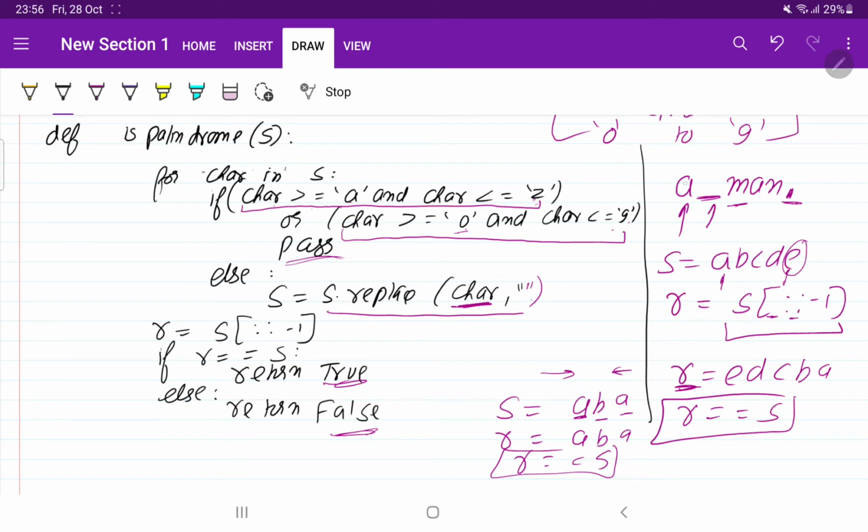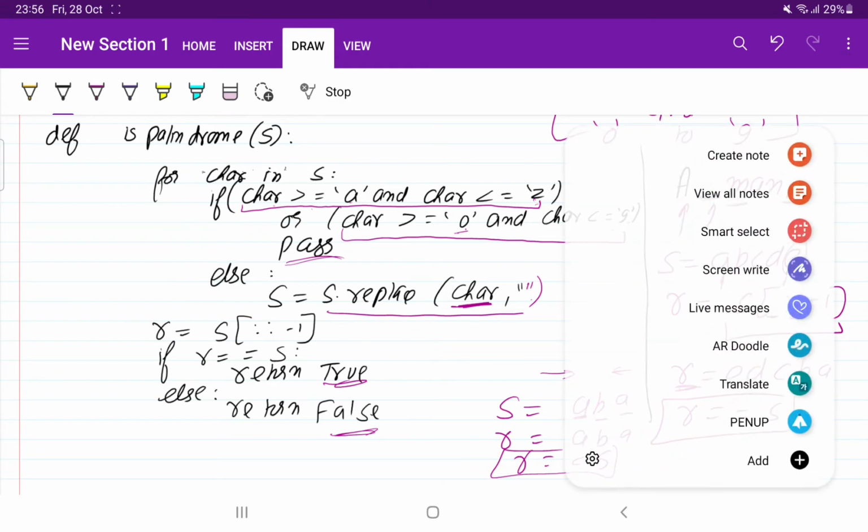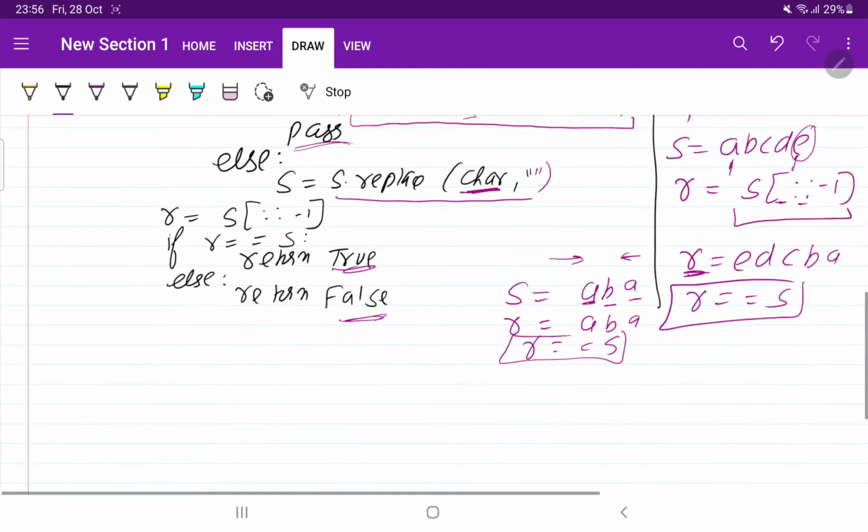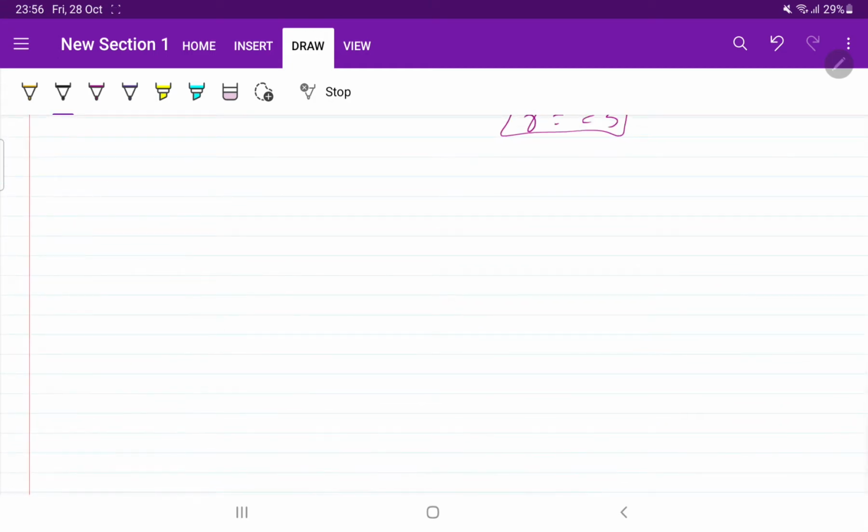Here we have mn. The if condition will be the same, but instead of else, we are going to add some steps. I am not going to change this solution. Let me write the complete solution downwards and explain it to you.